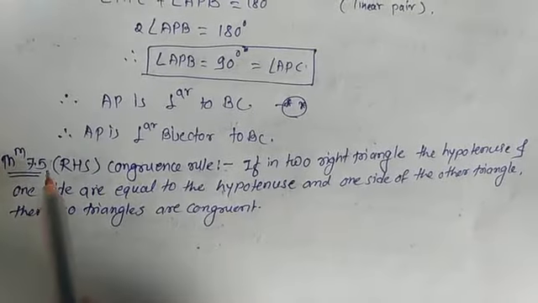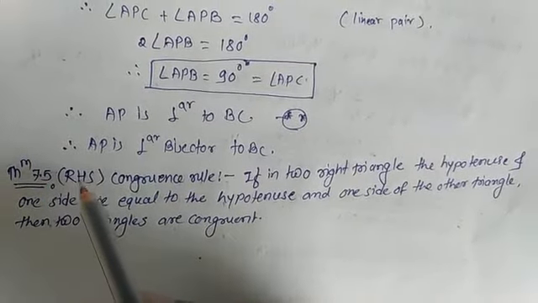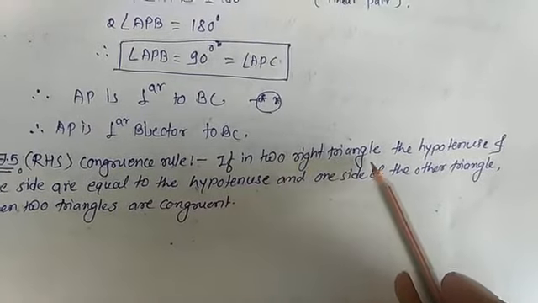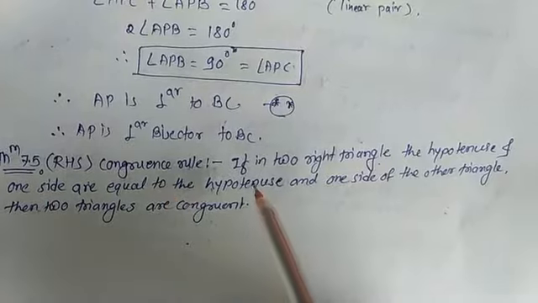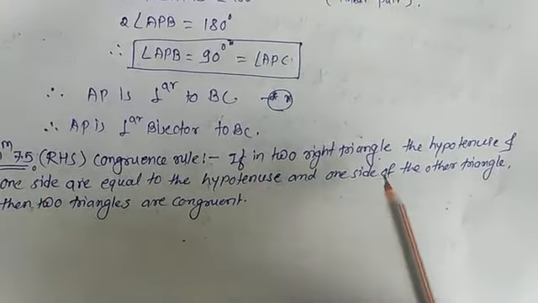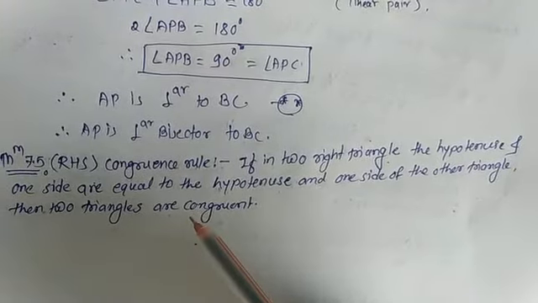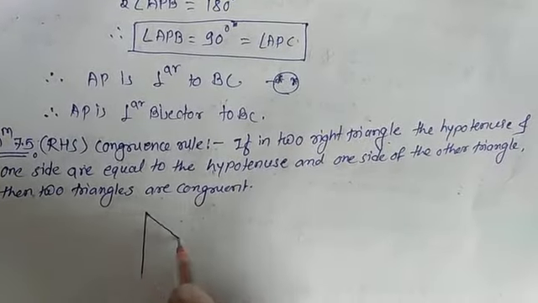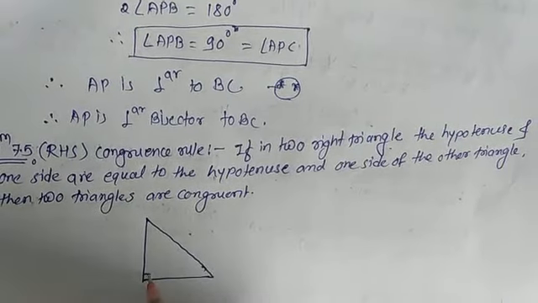Now the next theorem is theorem number 7.5. It is the right angle hypotenuse side congruence rule. If in two right triangles the hypotenuse and one side are equal to the hypotenuse and one side of the other triangle, then the two triangles are congruent. That means if you consider two right triangles,